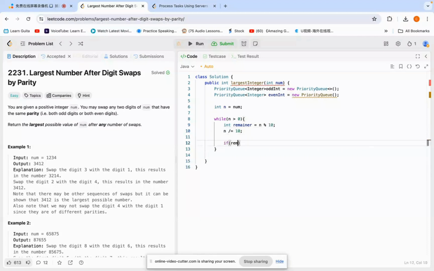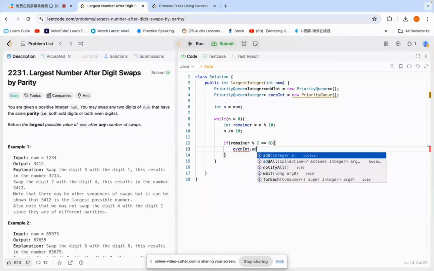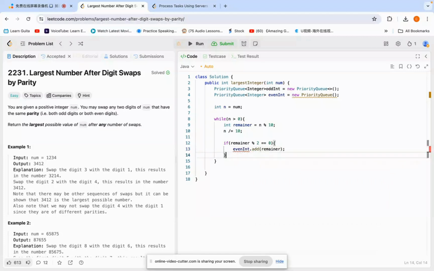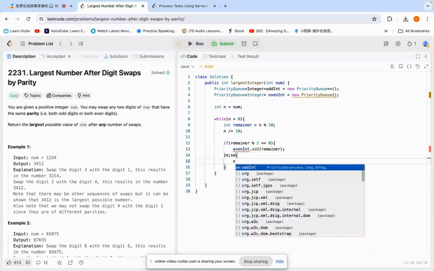Now here we need to check whether remainder modulo 2 equals 0 or not. If yes, we can say the last digit is an even number. Even numbers need to be stored in the even integer priority queue, which follows this way. Now here, even add remainder. Otherwise